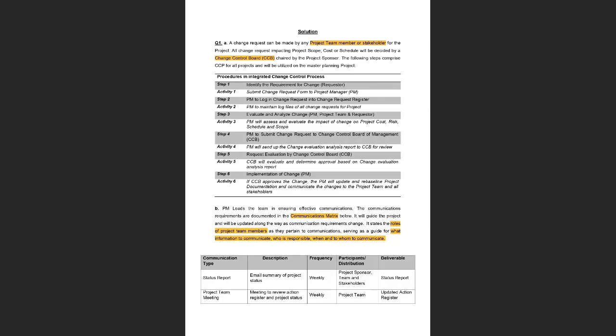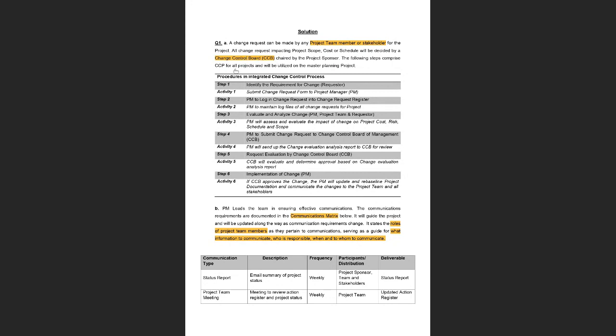Okay. All right, so these are the formal steps that we have to undertake in order to execute any change, or in order to request any change in the planning stage. So firstly, who can request a change in the plan? Any of the project team members or any stakeholders can request a change in the plan. Whether the request will be accepted or rejected, that authority will be under the change control board.